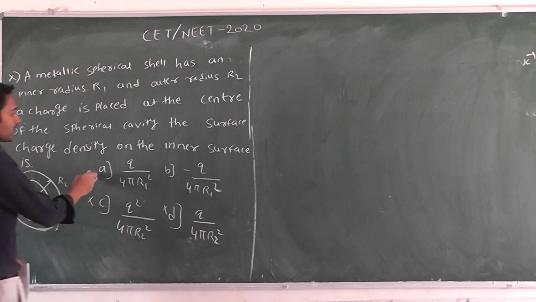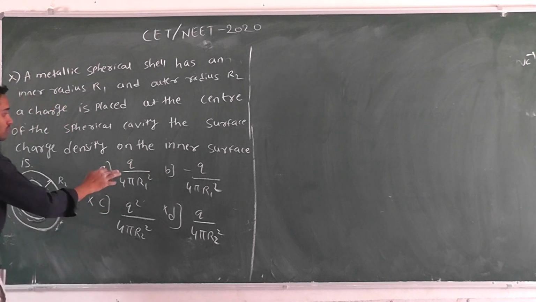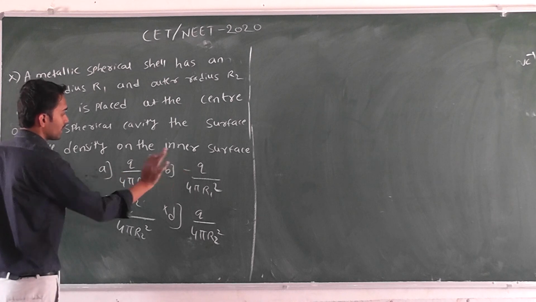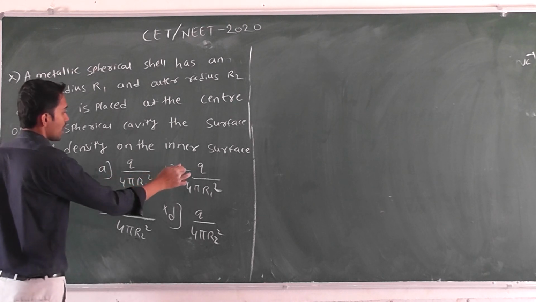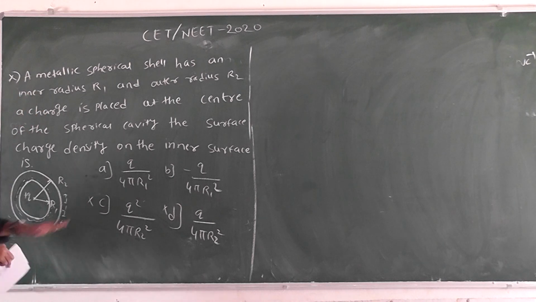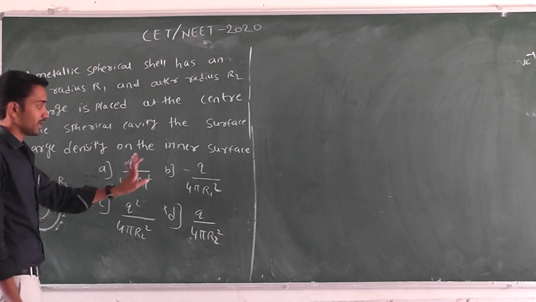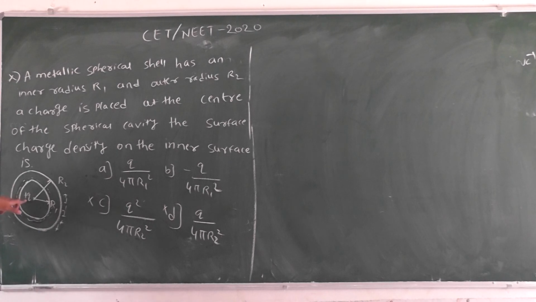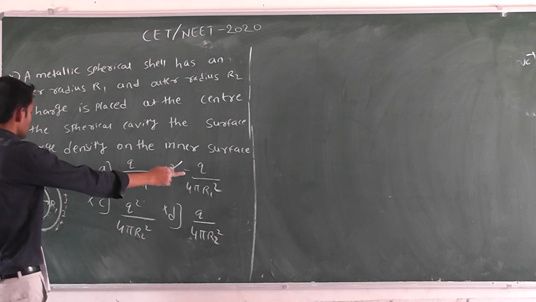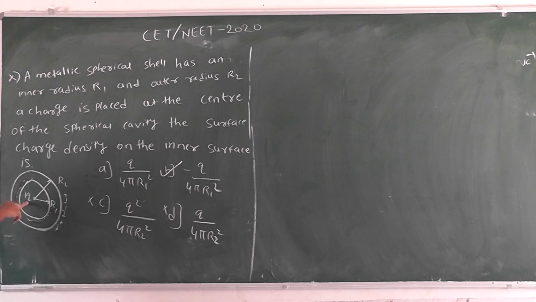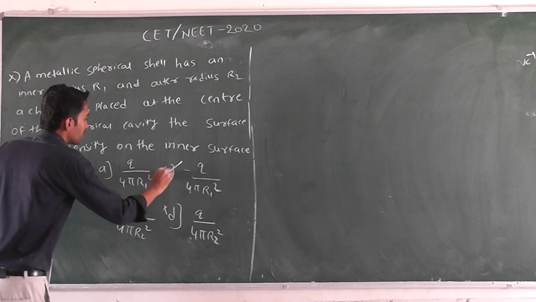Okay, next. We have to compare between option A and option B. Both the equations are the same. Here positive, here negative: q by 4 pi r1 square, and B is minus q by 4 pi r1 square. We have to find the answer between option A and option B. Previously I told that here a positive charge is there. Here it is not inducing any positive charge. Here it is inducing the negative charge. That means option B is right. So minus q by 4 pi r1 square: r1 square for the inner surface and the negative symbol for the induced charge. Here the center is a positive charge. Here all negative charges are induced, not positive charges. So option B is right.